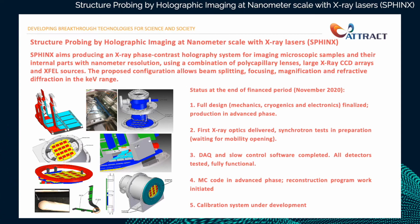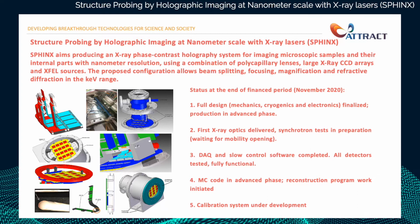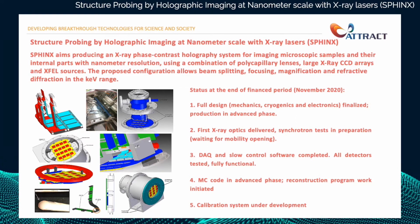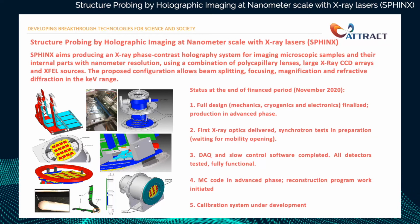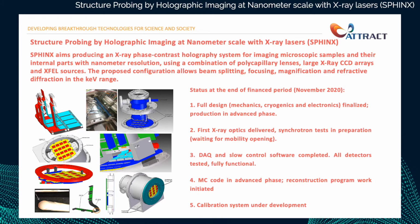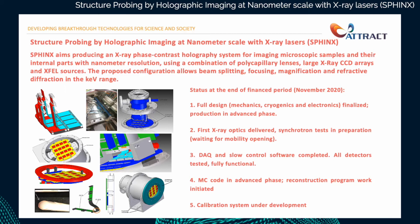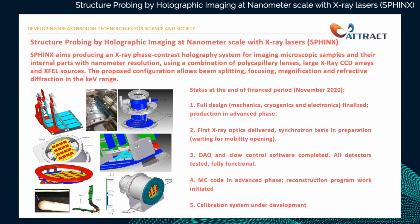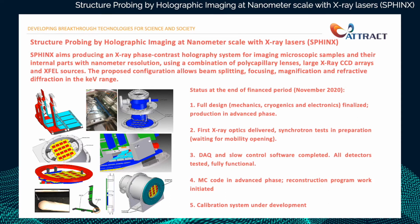By the end of ATTRACT phase 1, we had the full design of mechanics, cryogenics and electronics, and we also had the production almost completed. We also had the first X-ray optics, the batch of lenses delivered by our specialized factory inside the institute, and we prepared to test these elements on synchrotron, but the tests were of course postponed because of mobility restrictions. We have the data acquisition system and the slow control fully functional and tested, and we also have a Monte Carlo code in a very advanced phase. We are working now on the reconstruction program